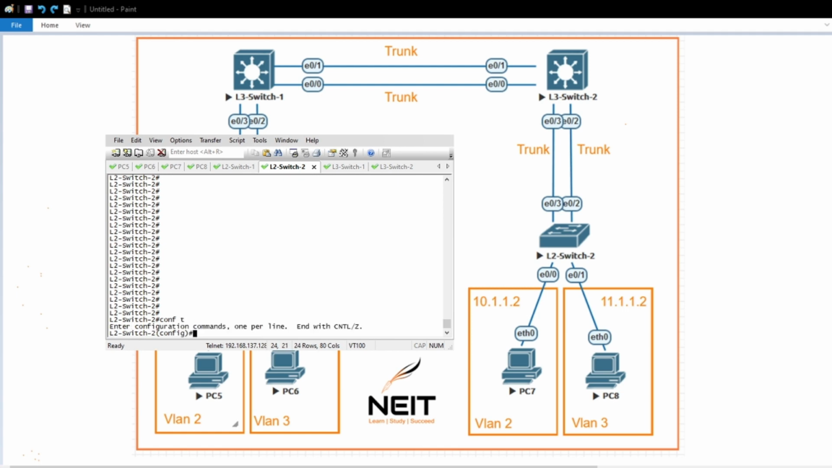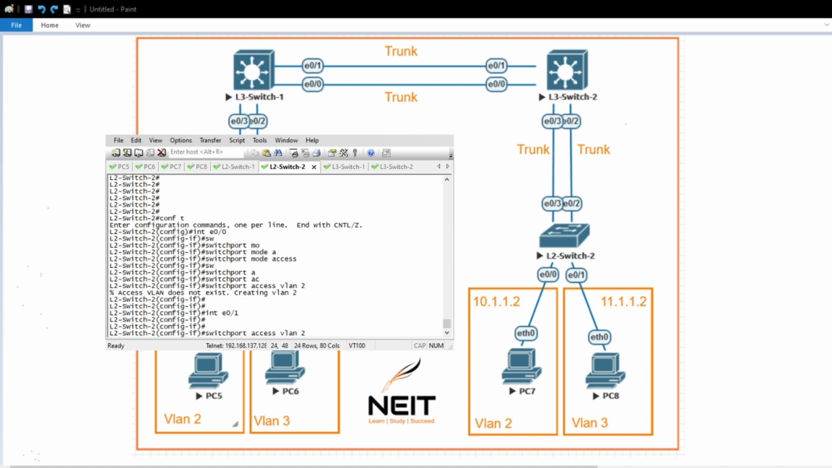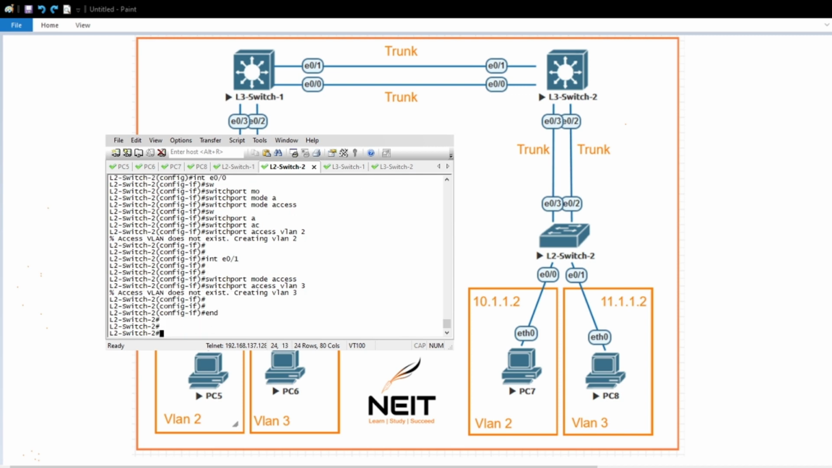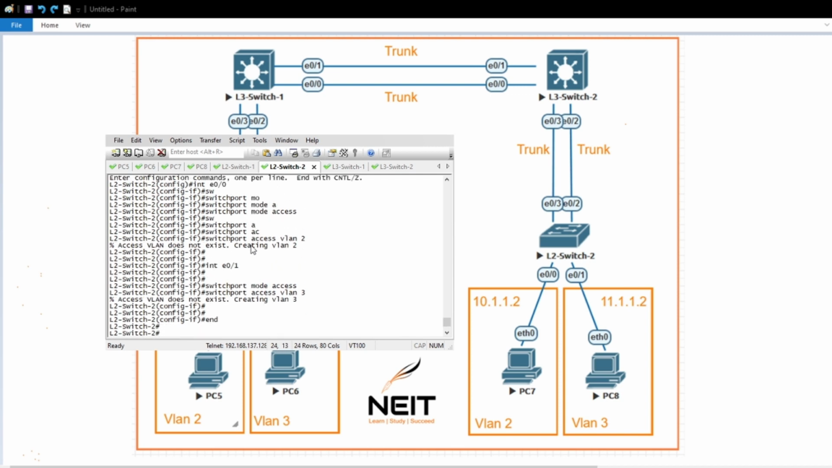After that config t, second layer 2 switch, interface E0/0, switchport mode access, switchport access VLAN 2, and now E0/1, switchport mode access, switchport access VLAN 3. So we have configured the ports into VLANs, that's why the switches are creating VLAN 2 and VLAN 3 on